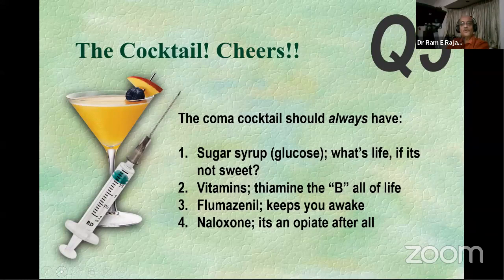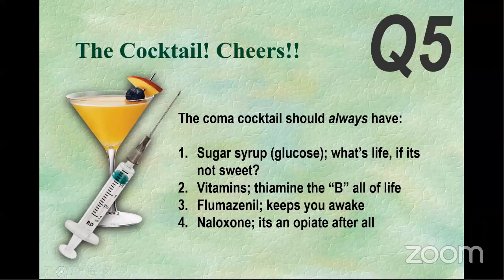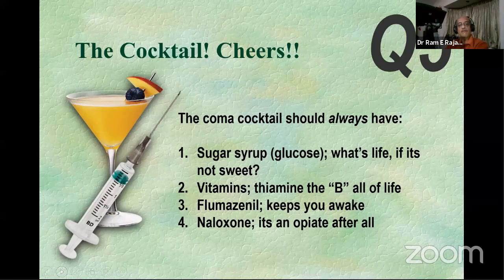Okay. So the question that I'm going to ask about your coma cocktail is, it should always contain sugar. That is, if you like your cocktail sweet, that's the best thing that you can do. You should add a little bit of vitamin so that for all the damage that you're going to do to your liver, the vitamin B will make a compensation. Or in this particular situation, getting a little bit more serious, we should probably use a little flumazenil or naloxone, which are the components that you would like to have with a reasonable certainty.